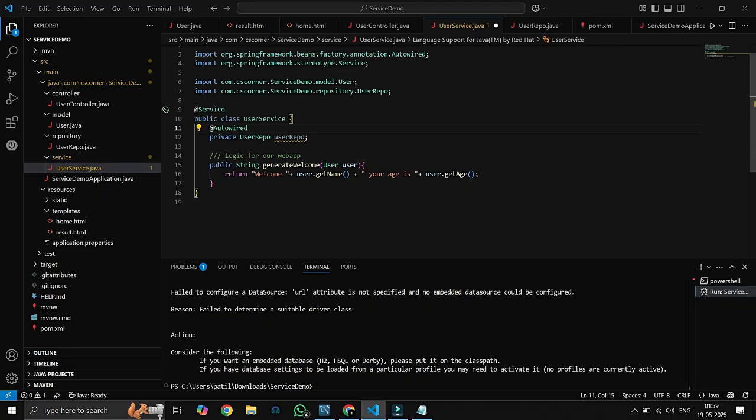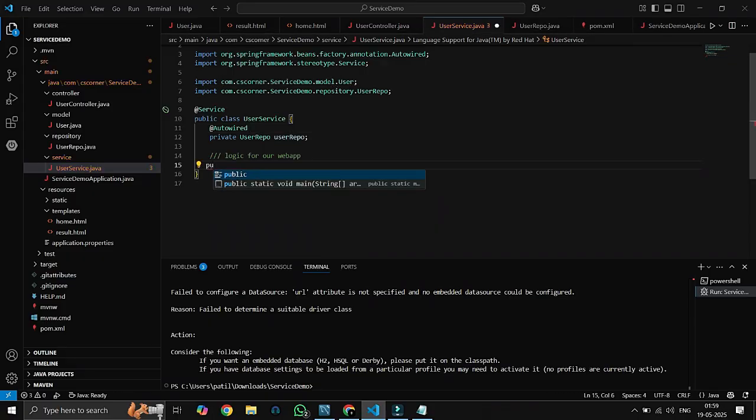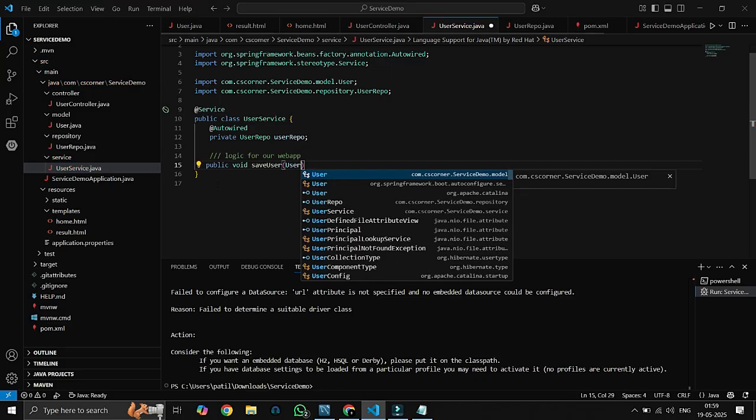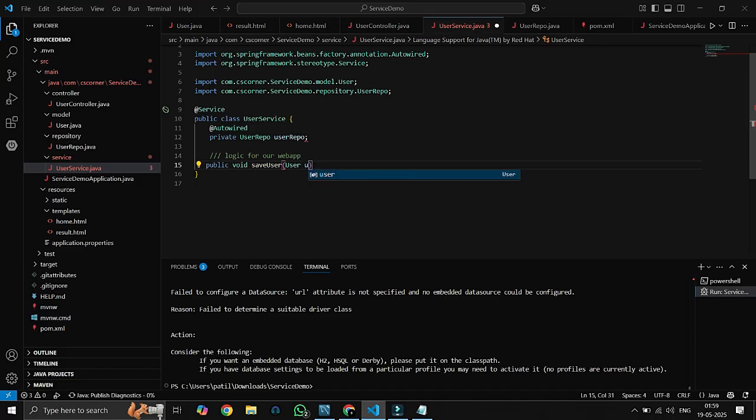Okay, that's it. And now we will just create methods for our applications. We don't need this method, so we will create another one, public. First of all, we will create a method to save our user in our database. So void save user, which will take an object of user, and we will do it here, user